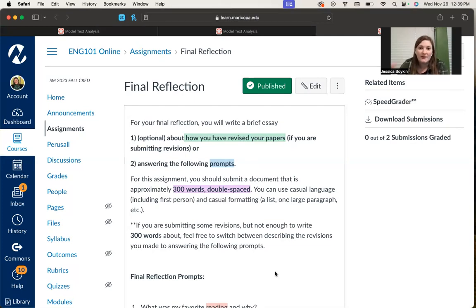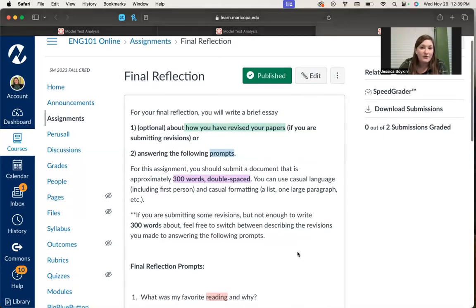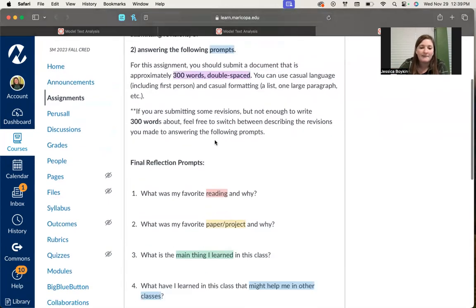What we're doing with this is we're basically learning how to file information away in our brain that we can later access. And so basically this activity of repetition and naming things specifically helps us learn how to then use that information in the future. Okay, so basically all you have to do here is write 300 words double spaced. You can answer the following prompts if you'd like, or if you want, you can write about how you're revising your papers based on what you've learned in class or what you've, throughout the process of writing them, have decided to change, okay?